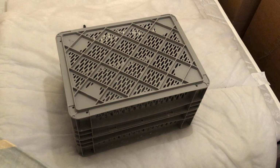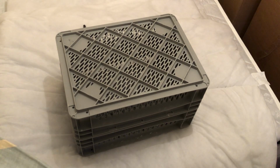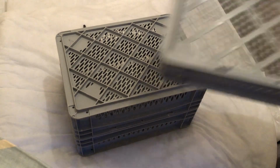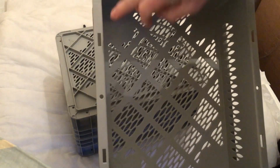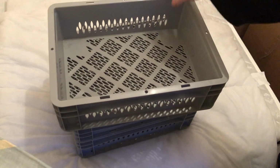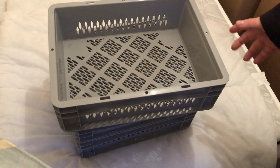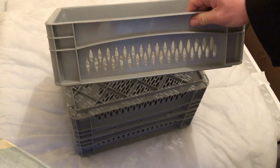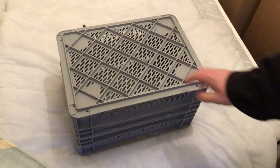These are obviously a prototype, but if you're going to make them, you've got to make quite a few and trial them, ain't you? So yeah, I bought 80 of these tubs, so that's enough to make 40 pots. I'm planning on fixing them together. So if you look at these, they've got slots in the edges. Another couple of slots there. They're designed for a lid to go on, and the lid clipping into them slots. Well, I'm not going to put a lid on them, and they ain't really deep enough for what I want. So that's why I got two together, and